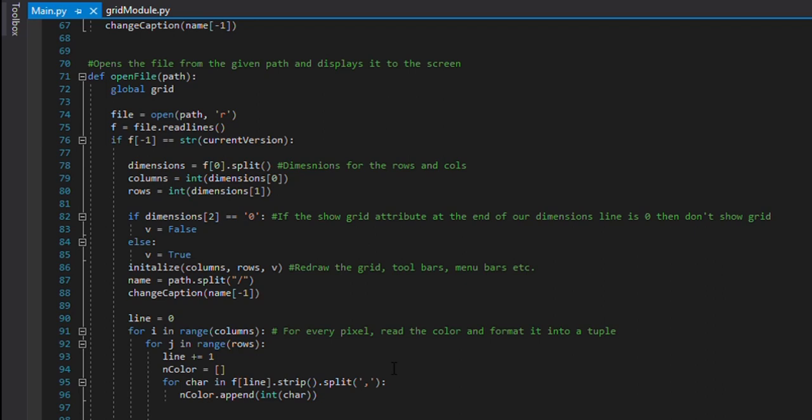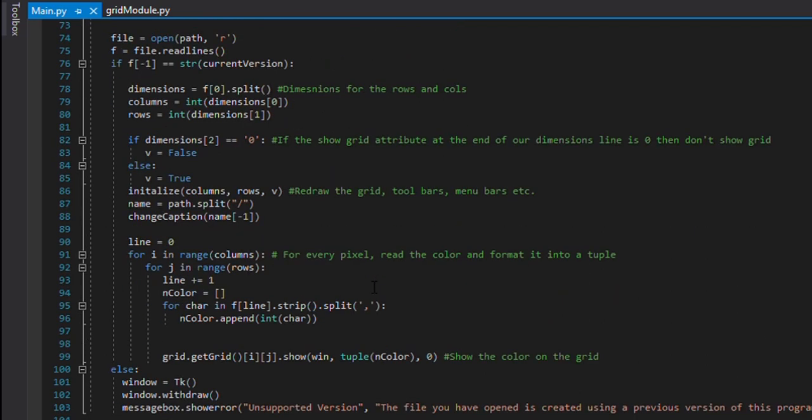In the text file we had given the dimensions, and it reads the dimensions. Then moving on, it reads the color of the pixels, and using loops it gives the colors to each pixel again, so that the file that opens is the one that we have saved. Also, if the version of the file that we are trying to open is not the same as that of the app, it will simply show an error that the version is not supported, so we have to use the correct version.